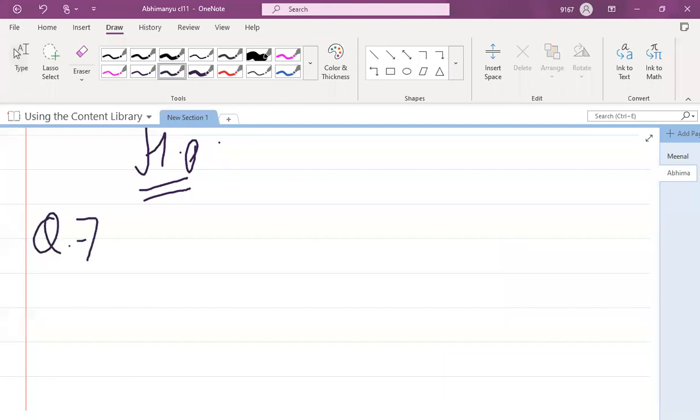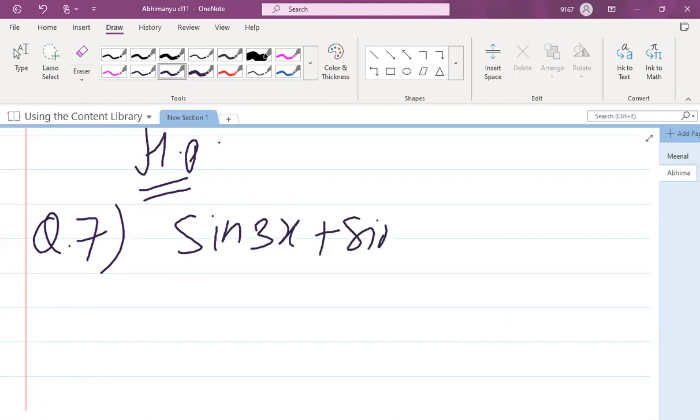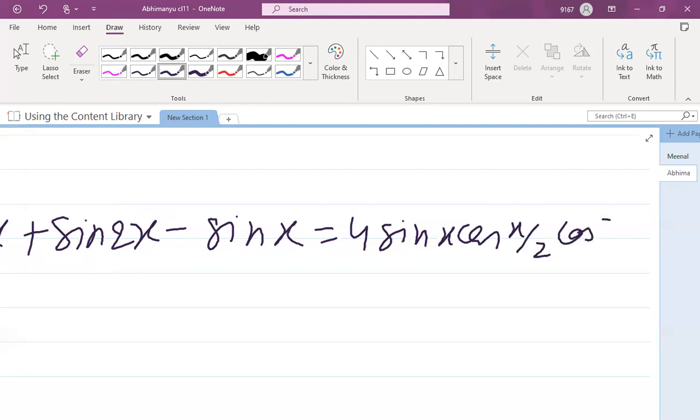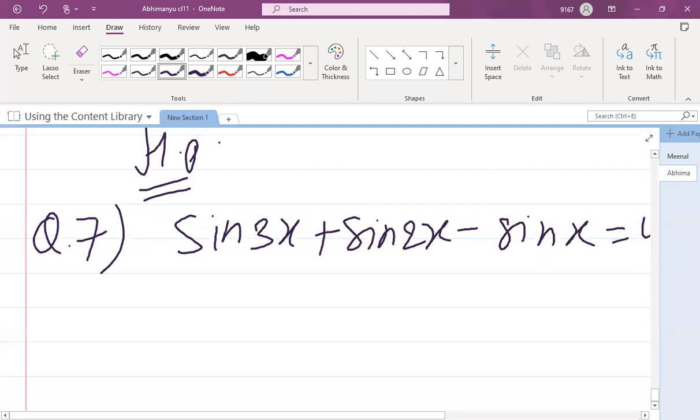Question number 7. Sine 3x plus sine 2x minus sine x equals to 4 sine x cos x by 2 cos 3x by 2. So taking LHS